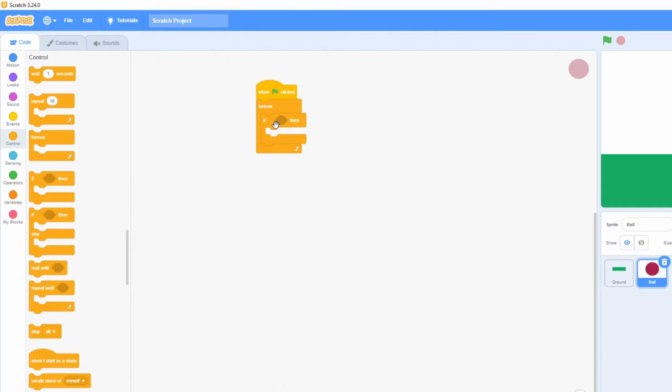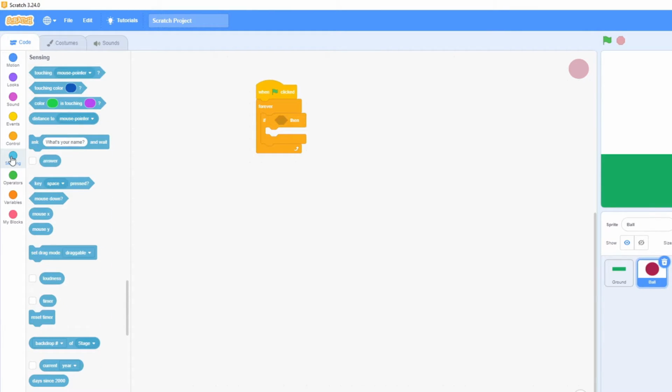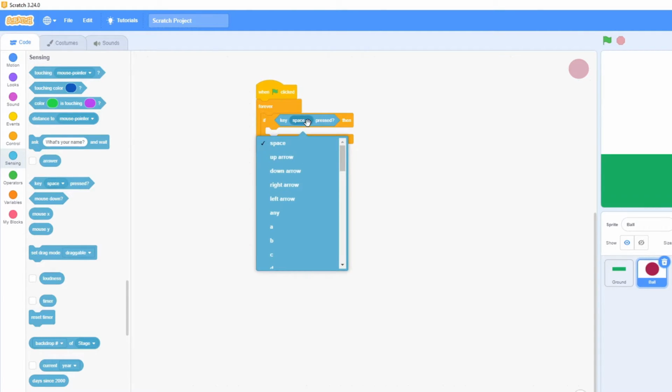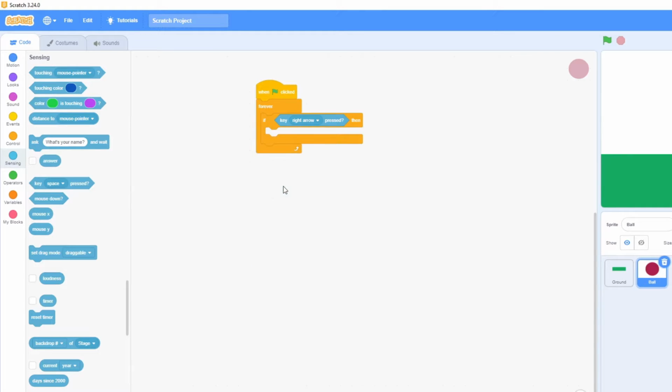So I'm just taking an if condition, and within that I have to check for key press. So go for sensing, and here you can see key pressed. Drag and drop here. Here you choose right arrow.